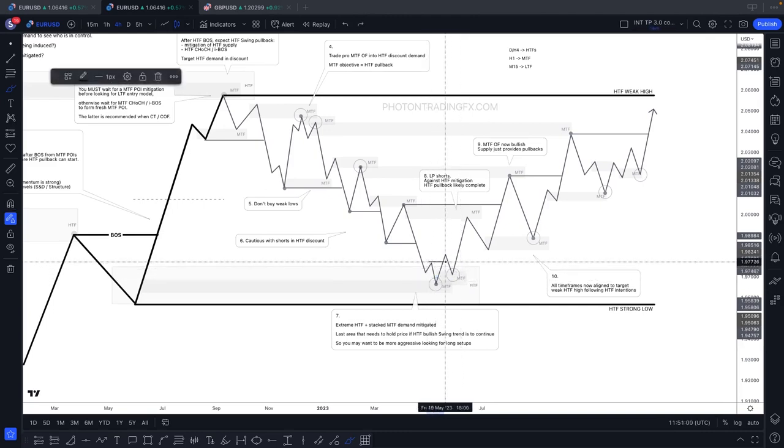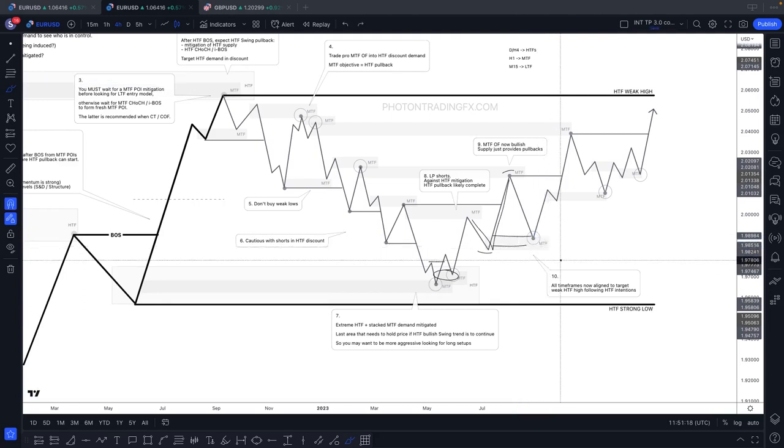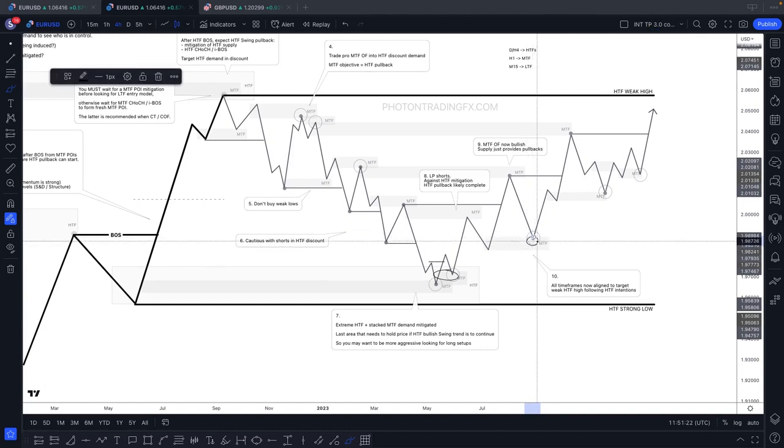So H1 shock, M15 entry model, look to get involved. Price pushes up, pushes down. Imagine this is the H1 leg. Price mitigates H1, regardless of whether it is inside or outside the H4 POI, I'll be looking to get involved on the M15 entry model. The M15 entry model presents itself, I take the trade, then I have this leg to play with, and I have this as my H1 leg. Price mitigates the H1 POI,